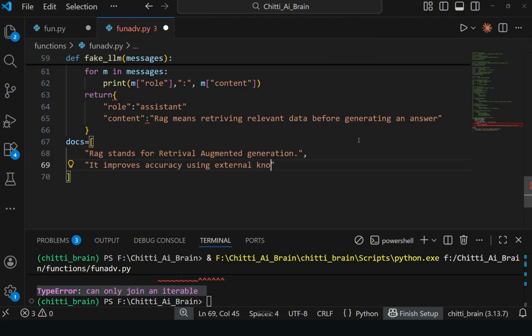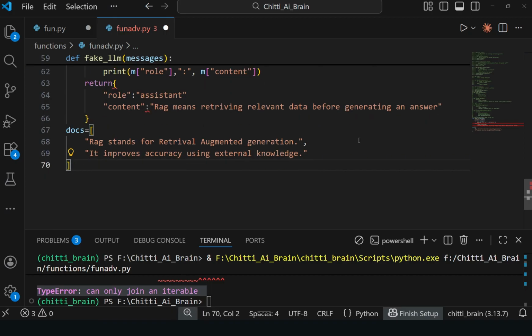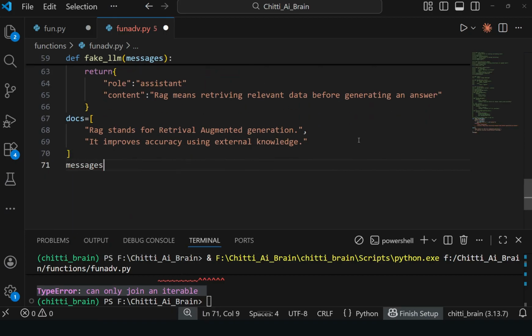Like this, two documents are there. In these two documents we have to query, and we will get answers from these two.